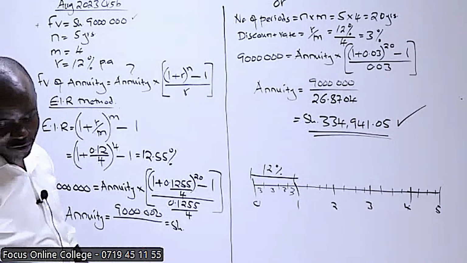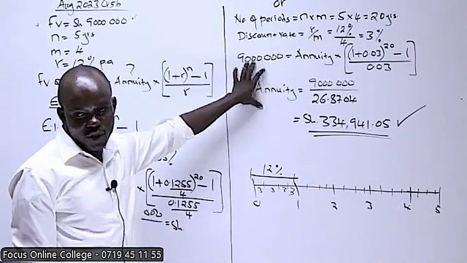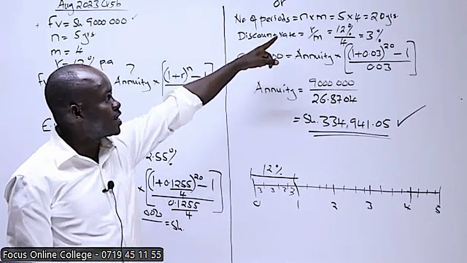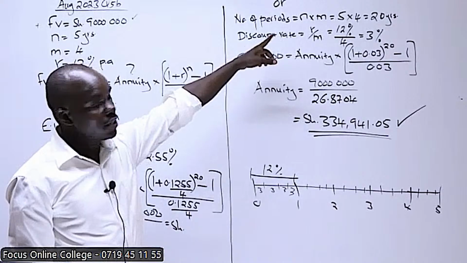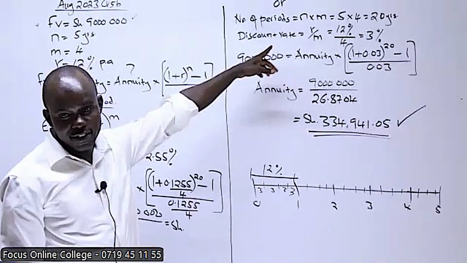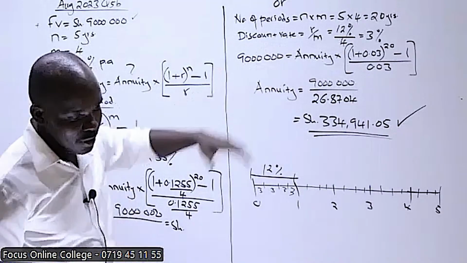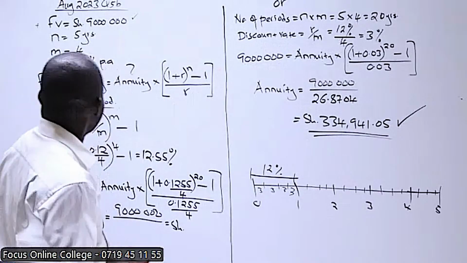I've advised we go with this method of adjusting the number of periods and adjusting the discount rates. This one will not mislead you. So let's have